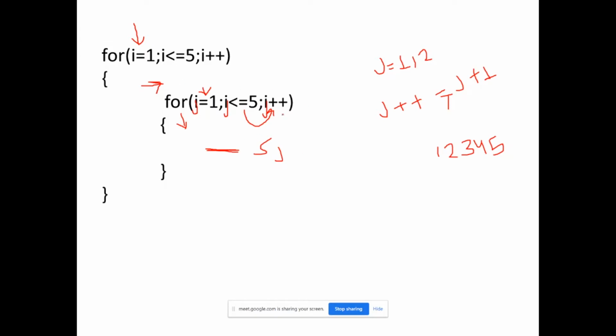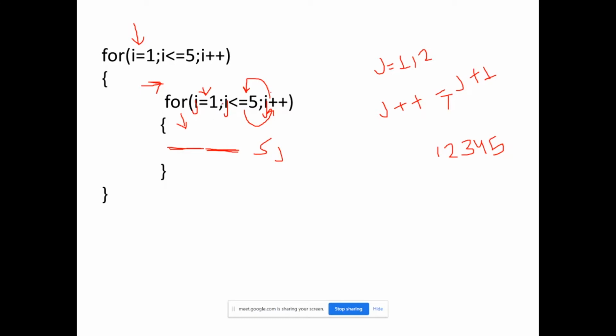Suppose the value is now 5. After running this loop, it will come here and check whether the condition is true or false. After 5, j plus plus makes the value 6, so the condition will be false.